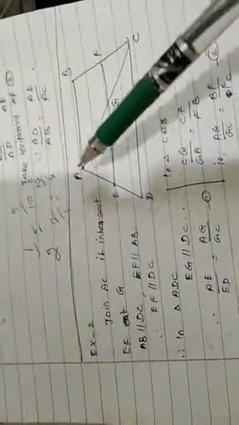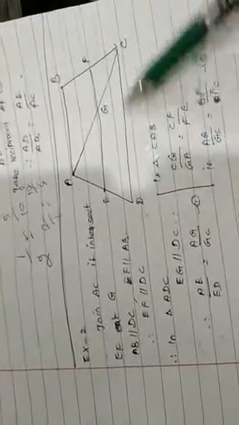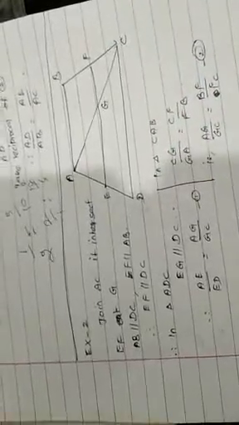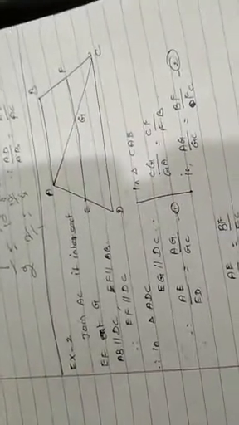Now it is already given that AB is parallel to DC and also EF is parallel to AB. That automatically gives EF parallel to DC. So EG is parallel to CD and GF is parallel to CD. Now consider triangle ADC. By the basic proportionality theorem, AE by ED equals AG by GC. Similarly, in this triangle,